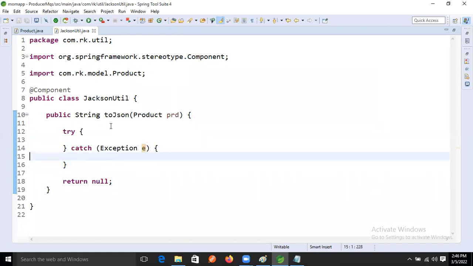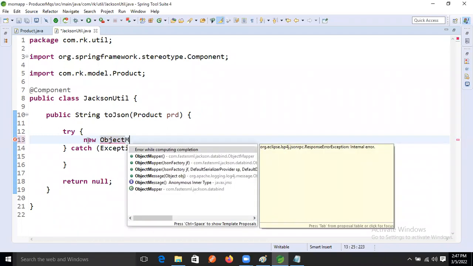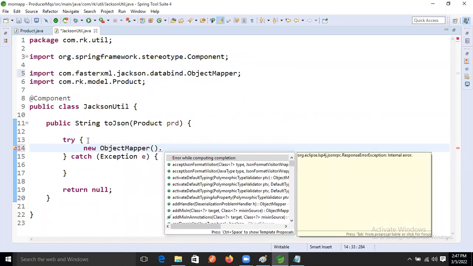Right, so here we will use try. Inside that we will take ObjectMapper, new ObjectMapper. Inside that, what is the method to convert object data into JSON format?